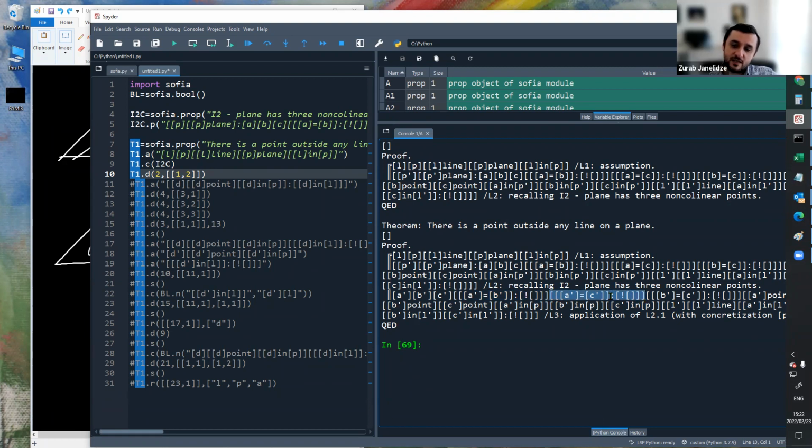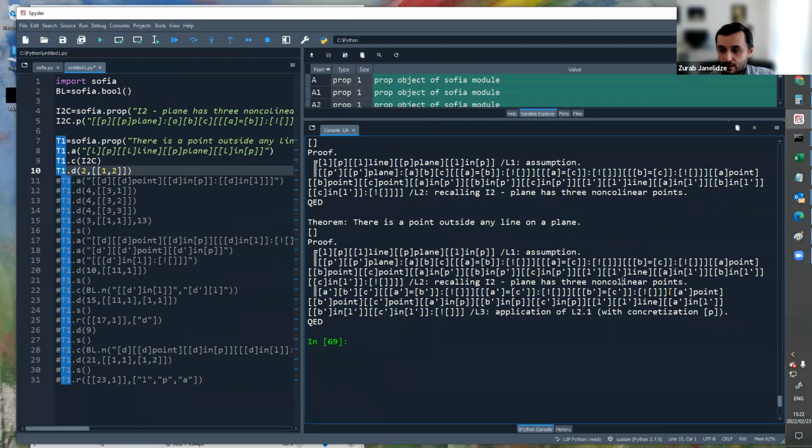Then the statement after tells me A prime and C prime are different from each other. The nice thing about Spider also is that it gives you the scope of the brackets, so you can recognize the statements here. The one after tells me that B prime and C prime are different from each other. So these 3 points are all different from each other. Then we have a statement that A prime is a point, and C prime is a point. A prime lies in P, B prime lies in P, and C prime lies in P. Great.